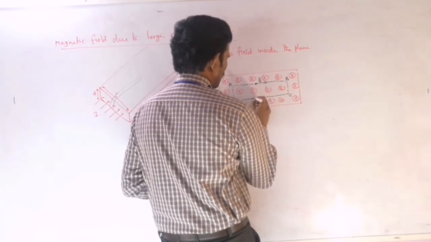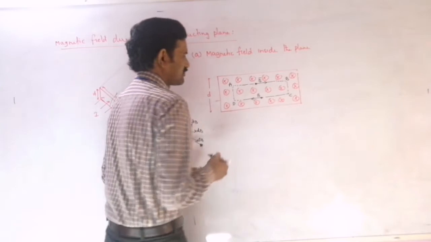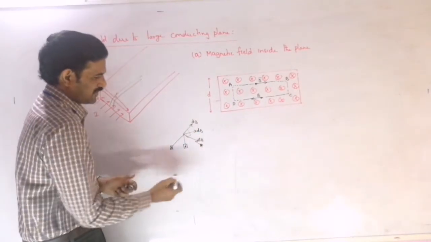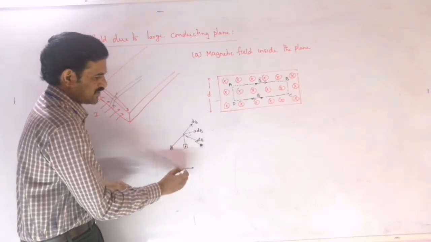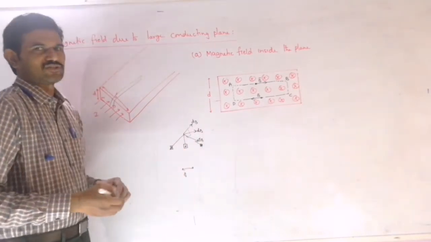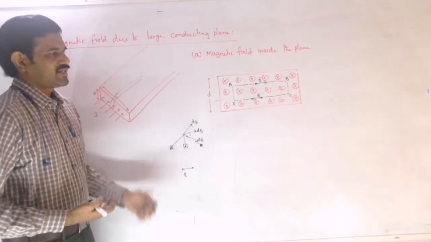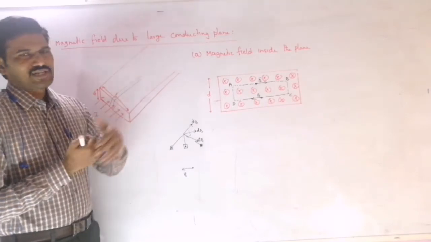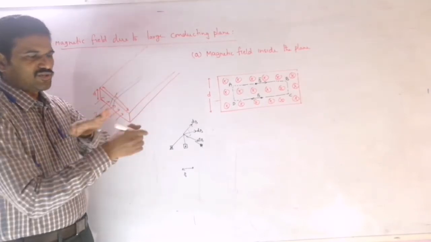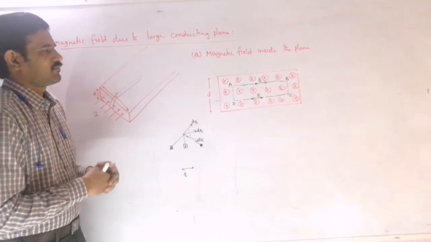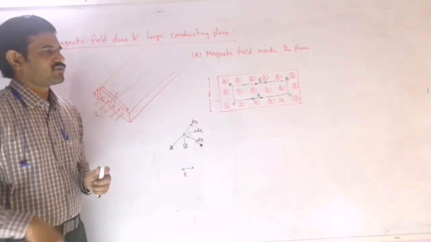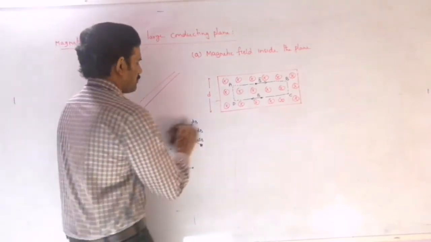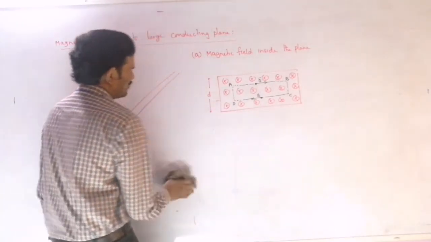Similarly, if you come down here, the magnetic field will be along this direction. For a point below this element, you will get the opposite direction. So like that you can decide the direction of the magnetic field. It will be perpendicular to the current direction and perpendicular to the cross section, that means perpendicular to this width. Now let us apply Ampere's law for this loop we considered.